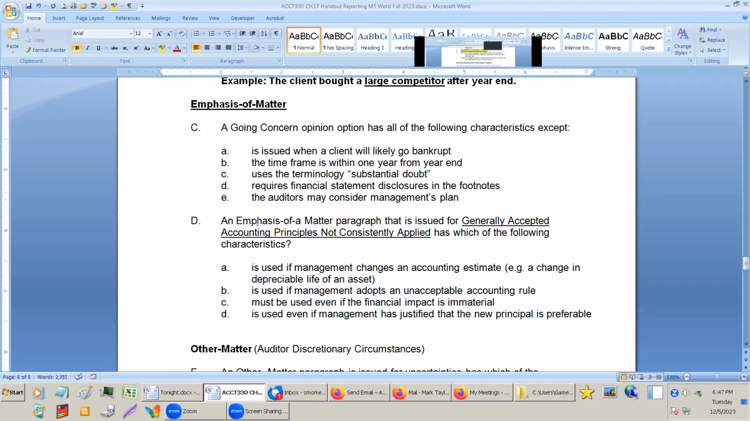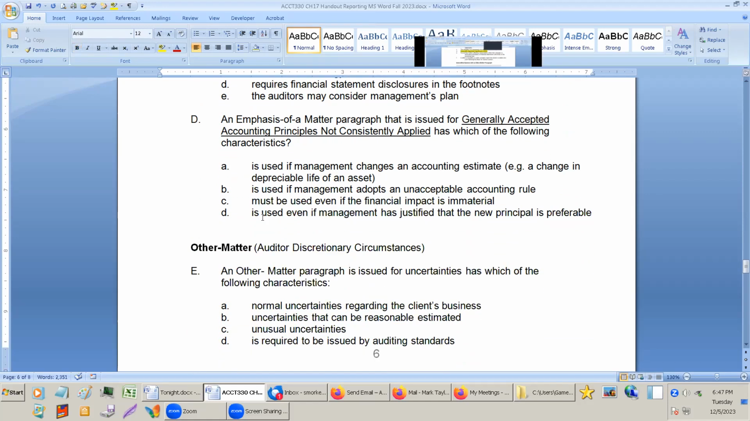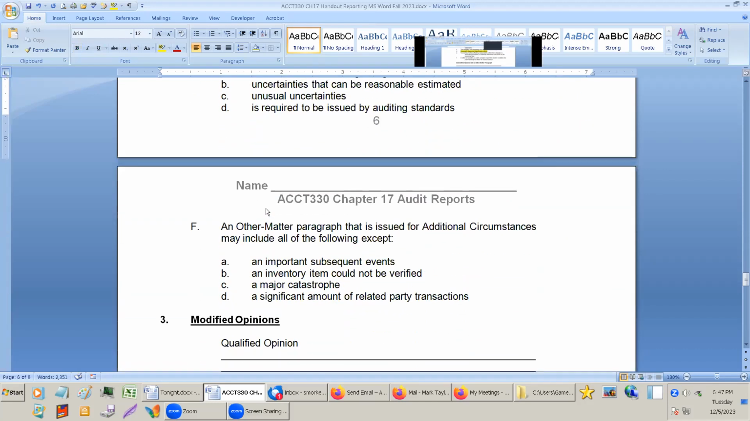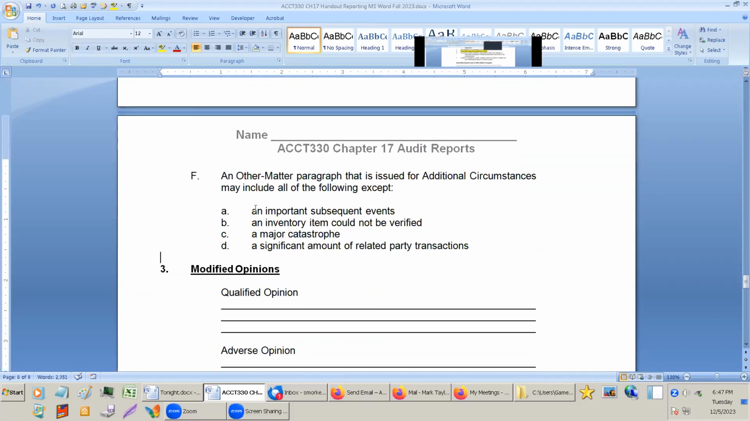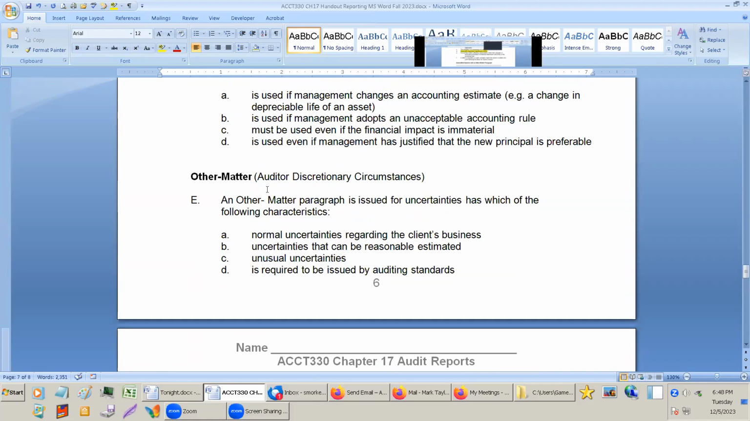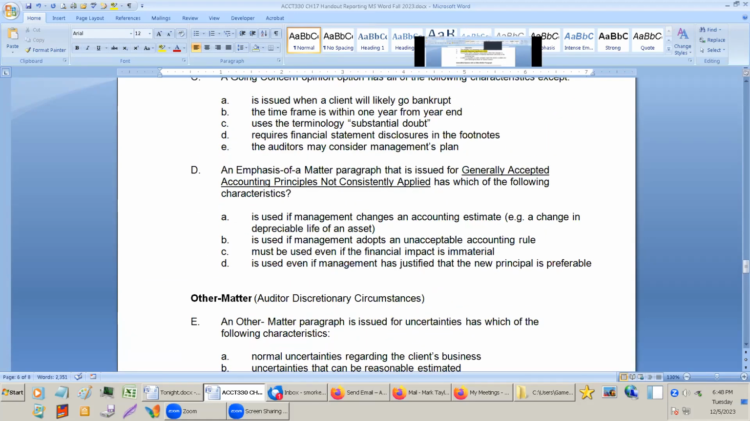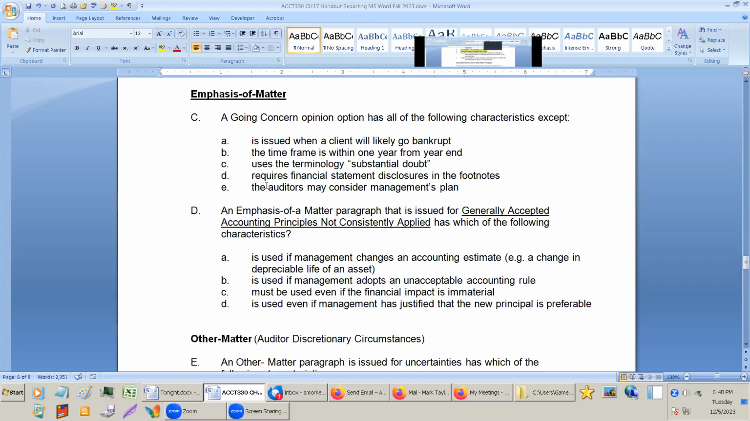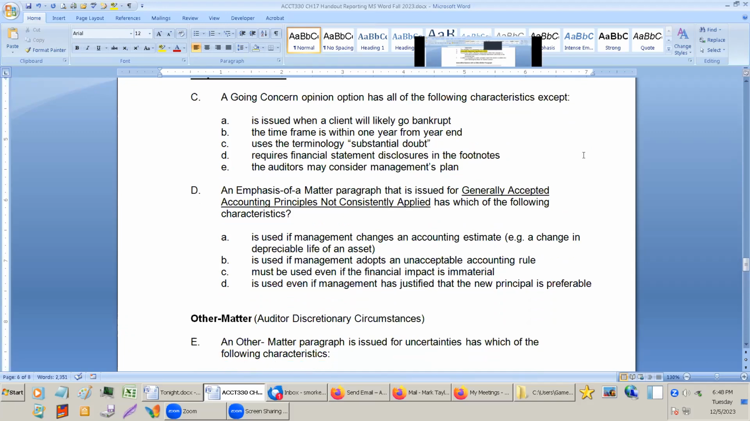Okay, so I think we'll do a couple of these, and then I'll send out the chapter 7 multiple choice. We'll take a break and come back and work on those. But let's go through these multiple choice questions. Okay, emphasis on matter. A going concern opinion has all the following except